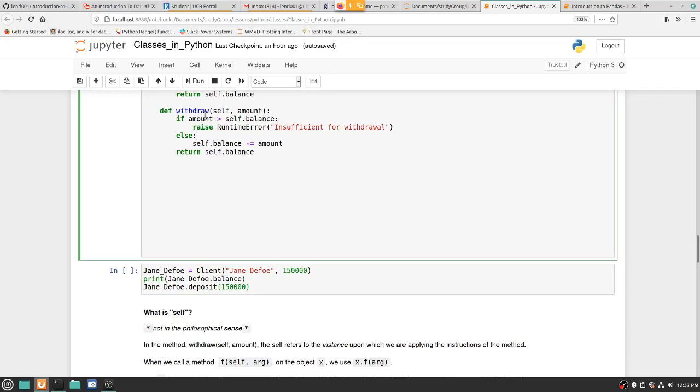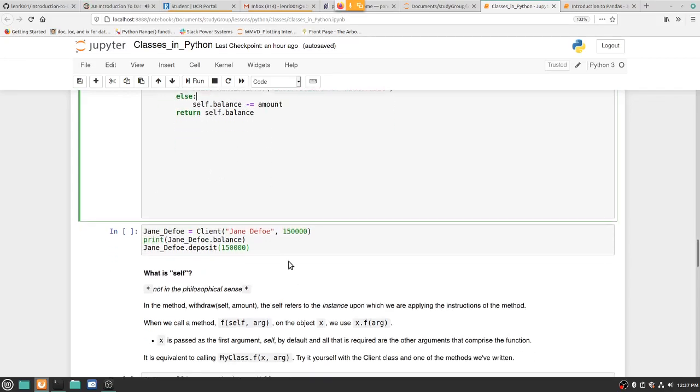So obviously, if you're trying to withdraw more than you actually have in your bank account, it will raise that RuntimeError. And if not, then it will just subtract. Let's say you have $1,000 and you want to withdraw 500, then in that case, it'll do that for you. So we see here,